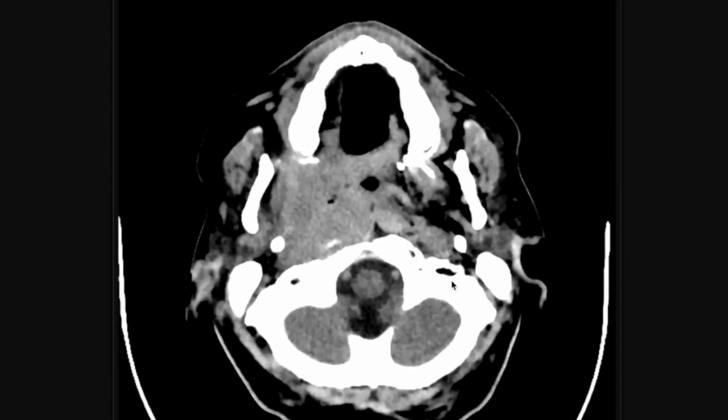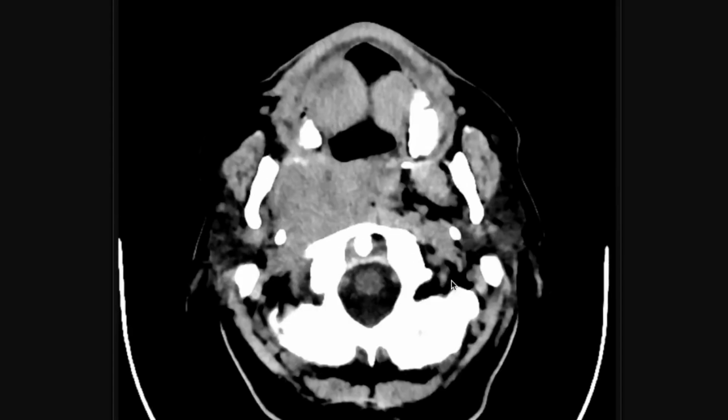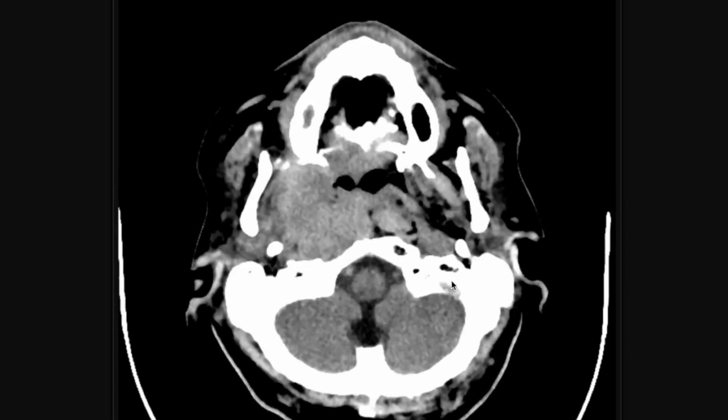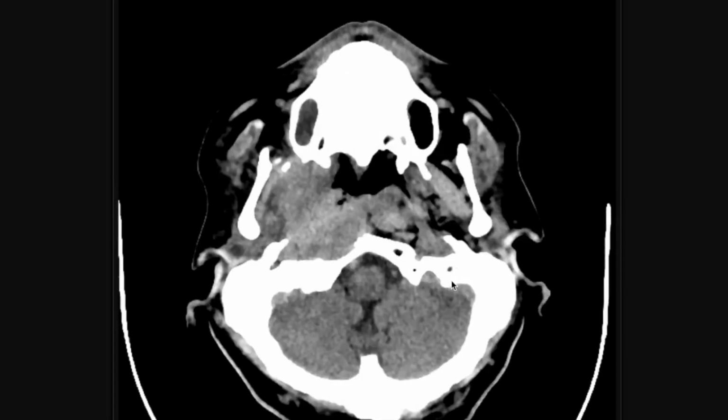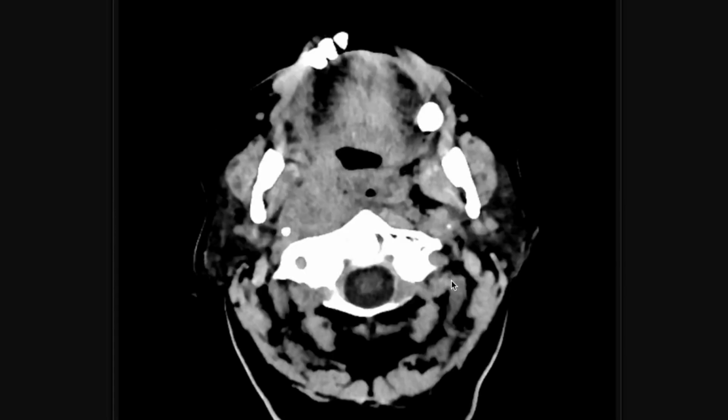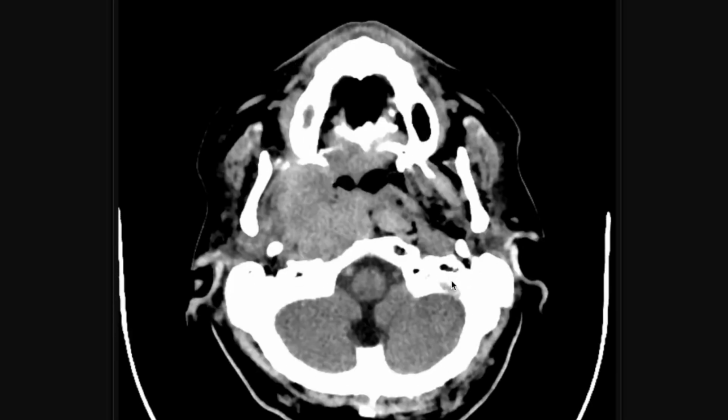So we have a 70-year-old male who was referred to the CT department for a CT scan, complaining of epistaxis along with impaired hearing and also a neck lump. Now in this non-contrast CT, I'll give you a few seconds to see if you can highlight the radiographic significance